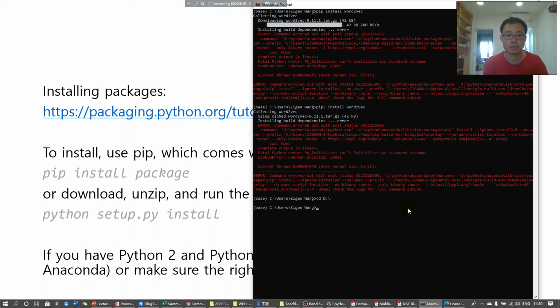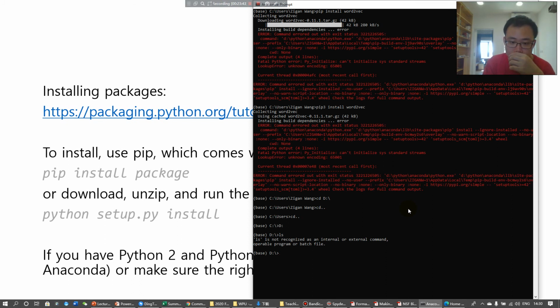Well, you should be using this cd, and you can go first. You want to go back to the root folder, and when you go to the root folder, you can use this D, and you change your current folder to the D disk, and then you want to go to the D disk. I don't know what I have in the D disk. Maybe